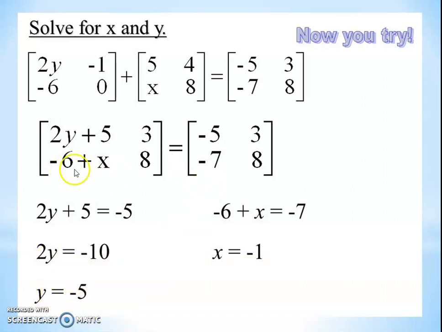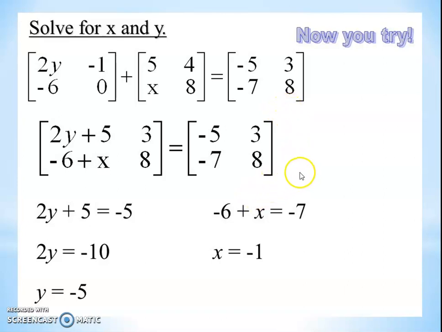Let us take minus 6 plus x equal to minus 7. We know that in minus 6 plus x, 6 goes to this side, so it is positive. Minus 7 plus 6 is obviously minus 1. So we derive the values of x and y: x is equal to minus 1, I put here, and y is equal to minus 5, so it is minus 10 here. Minus 10 plus 5, we derive minus 5. And here x is minus 1, so minus 1 minus 6 is minus 7. So our x and y values are both right. We have to compare that.